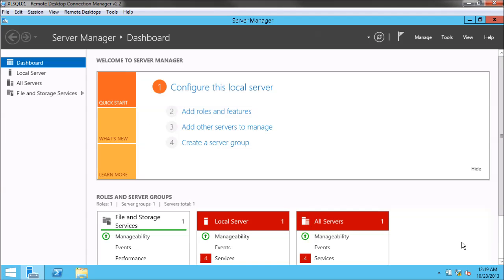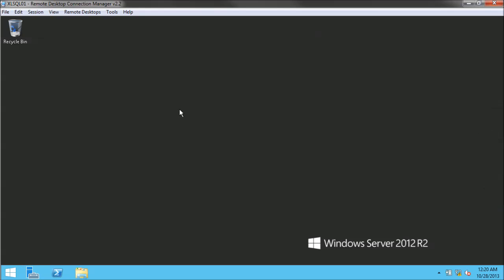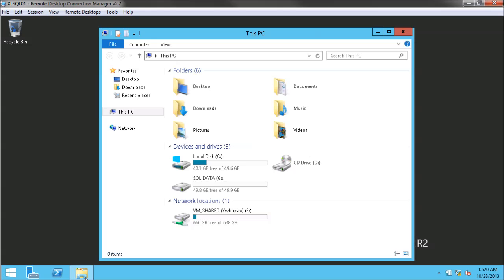Okay, so I am here logged into my SQL Server, SQL01.xlab.com, and let's go ahead and install SQL Server. As you'll see here, I just have a single extra drive, a 50 gig drive to house my SQL data. In a real production environment, you would have this built out with a lot more best practices in mind. This is just going to get me through this lab, as I'm not going to have really any data to speak of